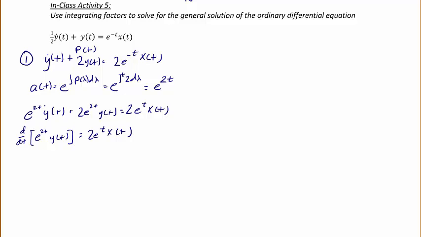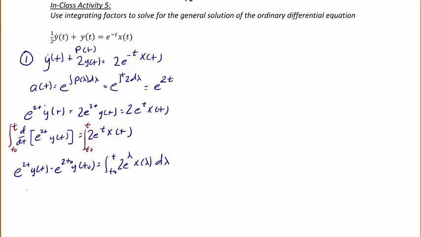And now we're going to integrate the left side of the equation from t naught to t and the right side of the equation from t naught to t. So because the left side is the integral of a derivative, we're going to have e to the 2t y of t minus e to the 2t naught y of t naught, which is equal to the integral from t naught to t, 2 e to the lambda x of lambda